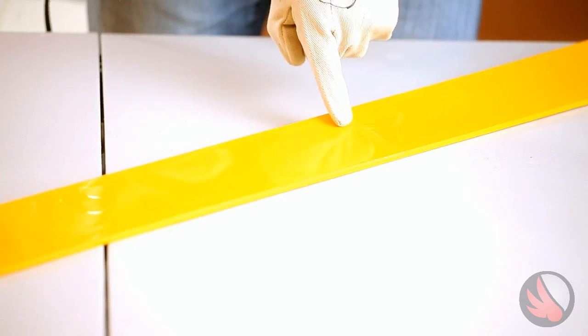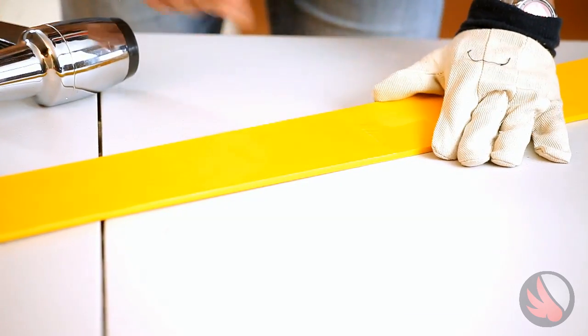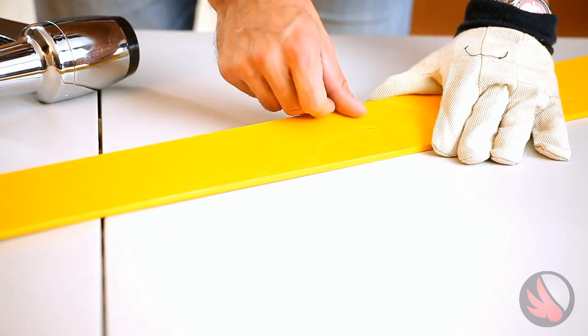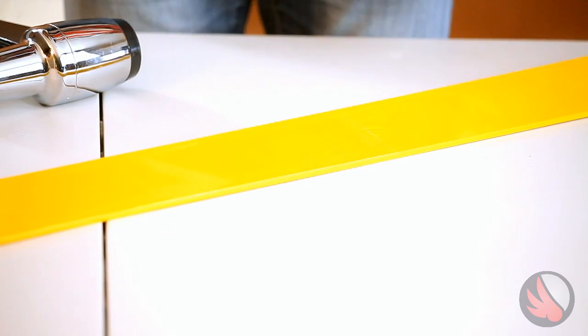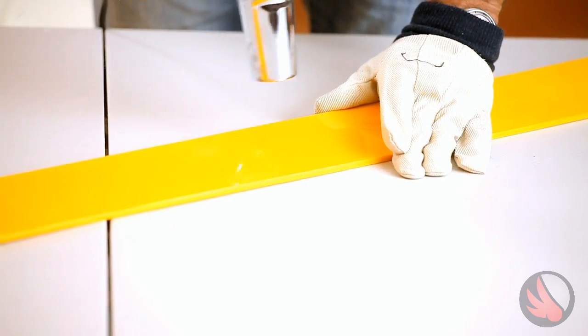You can see here this one has shrunk and this one is still wanting to shrink a little. So this is where we're reaching our temperature differences between them, and you can see where that adhesive is kind of showing up. Now it may be enough that with some alcohol you can just wipe that off and not have it show. But again, this is kind of showing you a couple examples of what you do and don't want to do. We can begin going across the whole surface